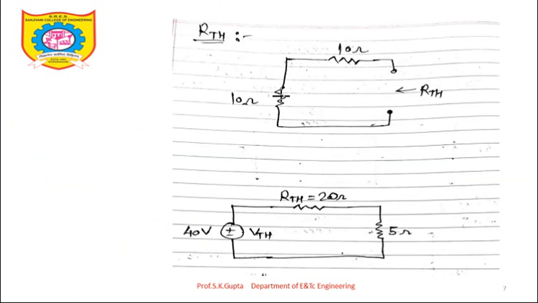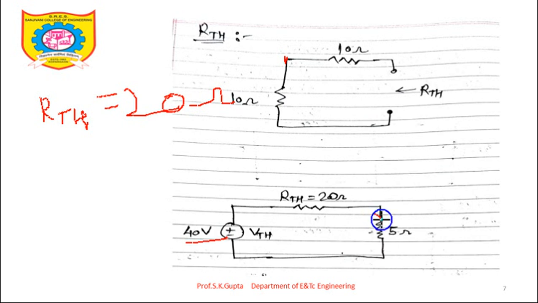10 ohm, 10 ohm. So these 10 ohm resistors are sharing exclusively a node, so that means they are connected in series. So RTH value is 10 plus 10, 20 ohm. So RTH comes out as 20 ohm. Okay. So as you can see, I have replaced that big circuit by one voltage source having value 40 volt VTH and one series resistance RTH having value 20 ohm. After that I have connected that 5 ohm resistor to determine the current flowing through this 5 ohm resistor.